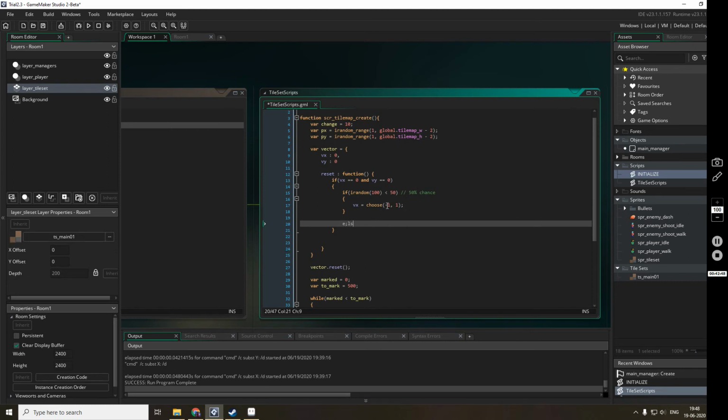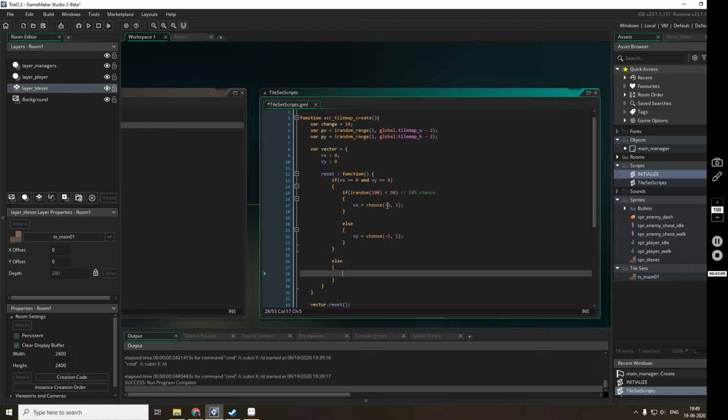Else, Vy is equal to choose -1, 1. Now if both are not equal to 0, this is first initialization. Both will be 0 only for the first initialization.